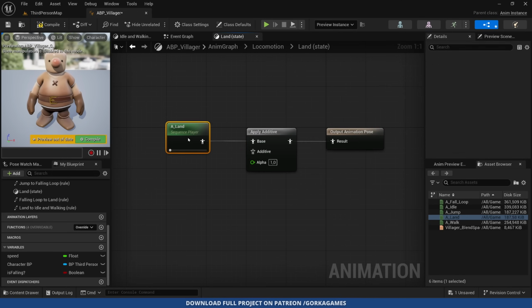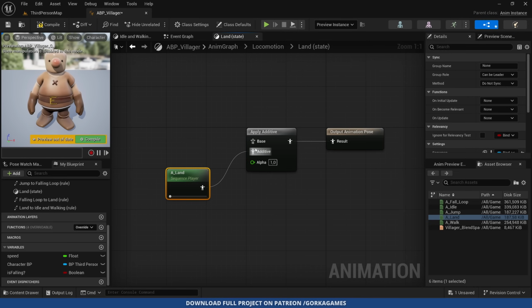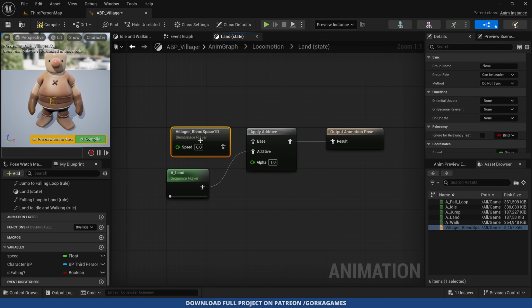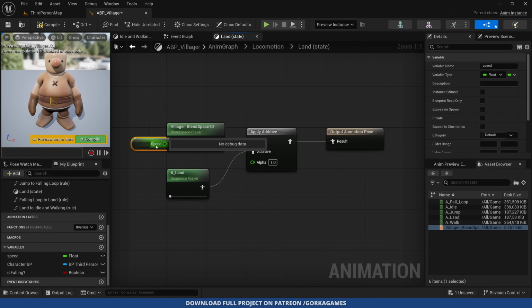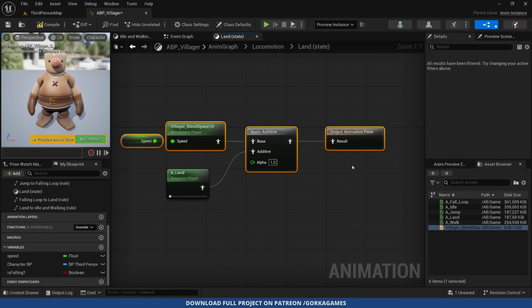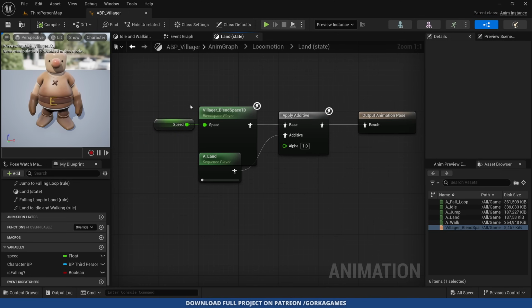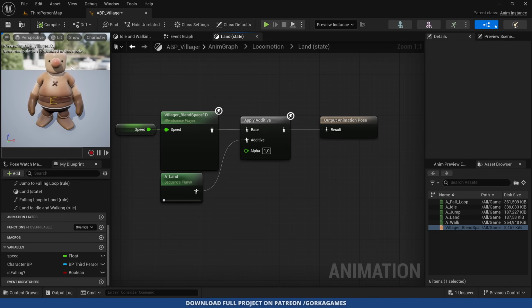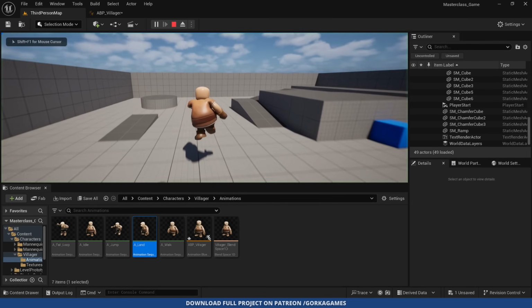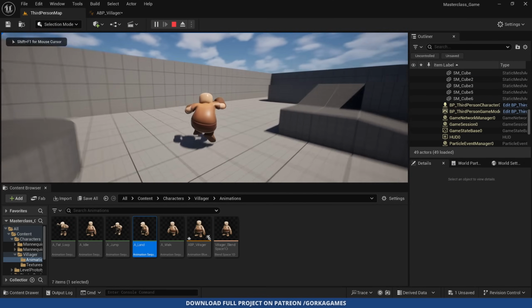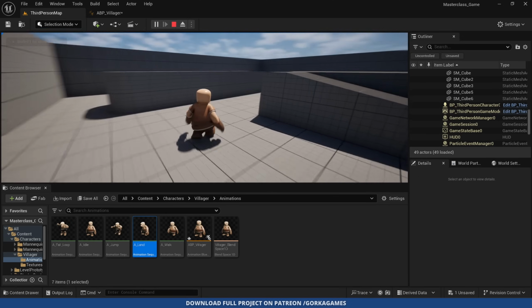And it has to be apply additive. Now our base will not be our landing. This will be the additive, right? But our base will indeed want to be our blend space. Okay, so let's connect this over here, drag the speed, and that's it. This will mean that our base for the additive animation will be our current locomotion, but our additive will be the landing. Therefore, now when I walk and land, as you can see, boom, he lands and he continues to walk, and